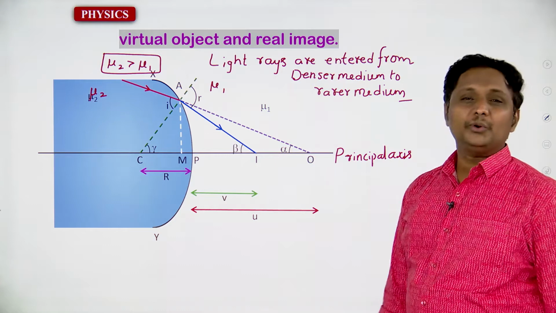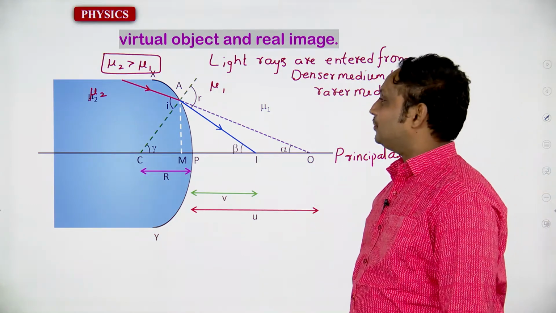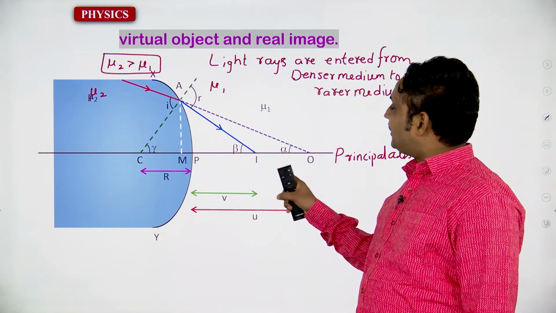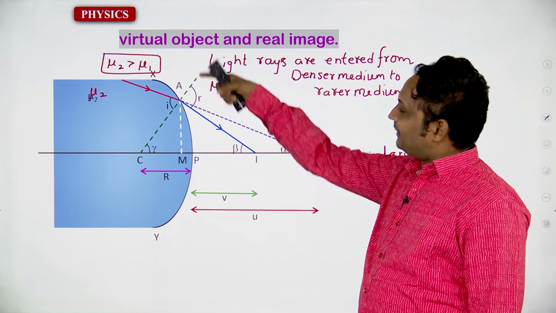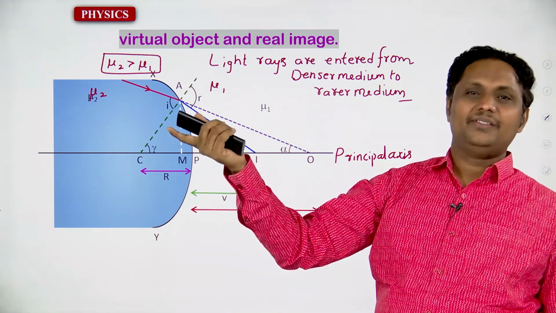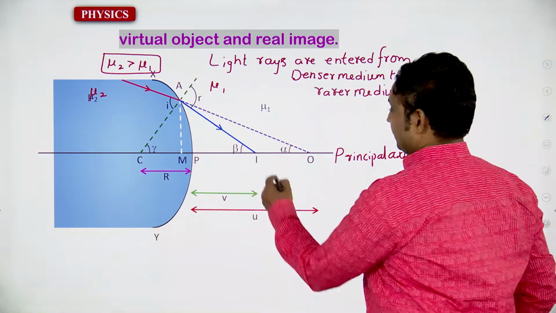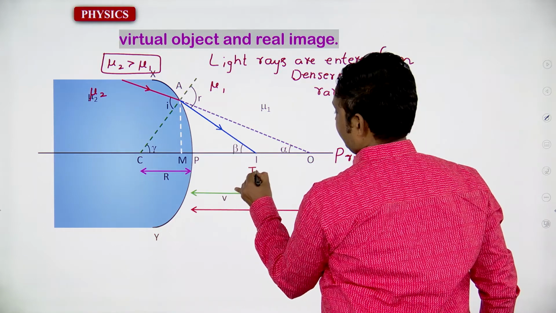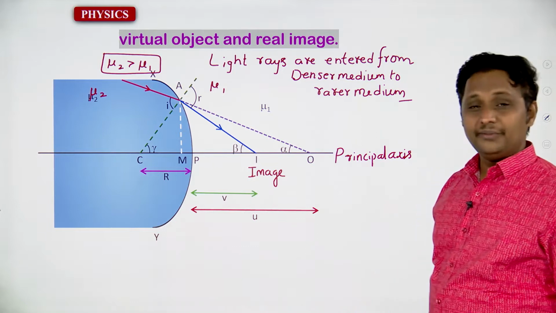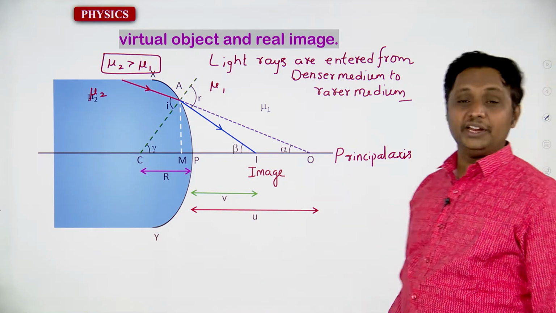We would like to talk about the object and image. Can you define the position of the object, which is going to be somewhere else? All right. We can confirm that the object is somewhere else. The originated light rays are coming from somewhere else. So you have to confirm the image which cuts the principal axis. This is going to be the image. Very clear. In this case, we have to confirm this is going to be the real image.